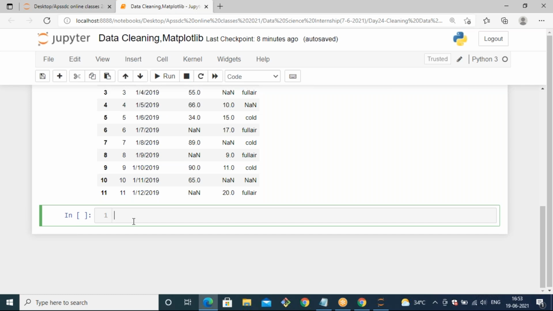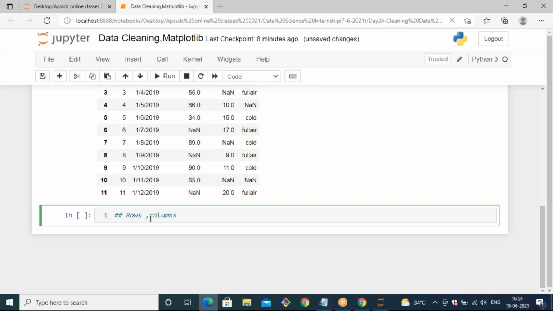When you take info, it will give you the number of rows as well as columns, and it will give you some information like what the data type of that particular column is and which data type it is storing. Okay, so that is the difference between info and shape. Majorly, whenever you want to find out the rows and columns, you can use shape only.